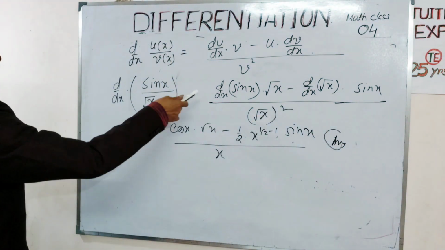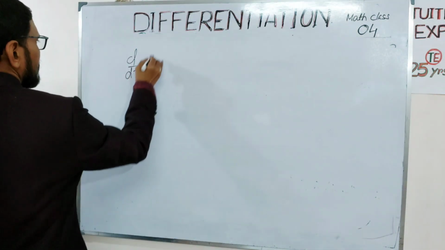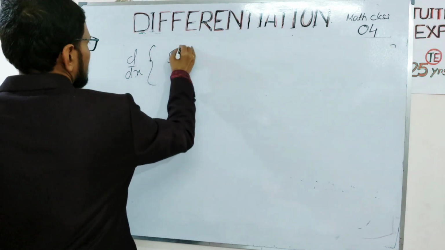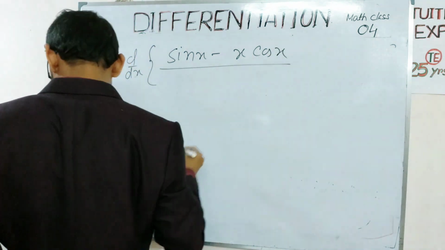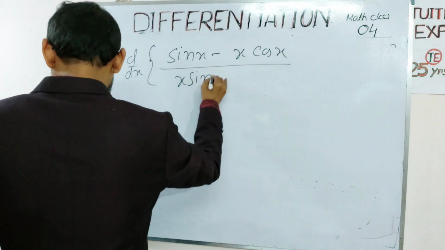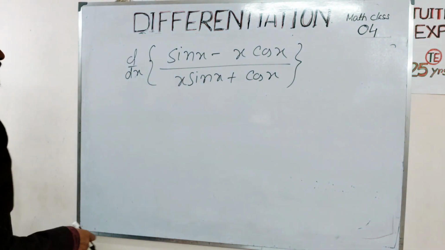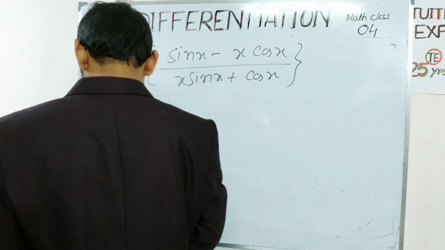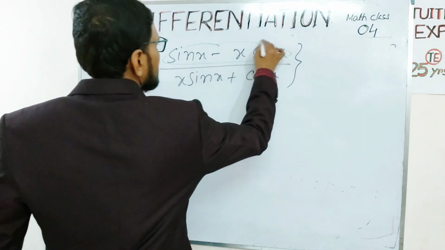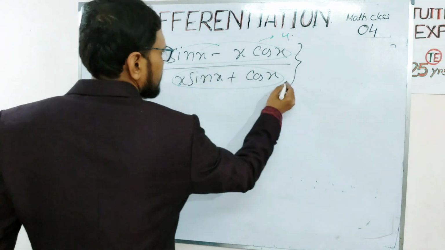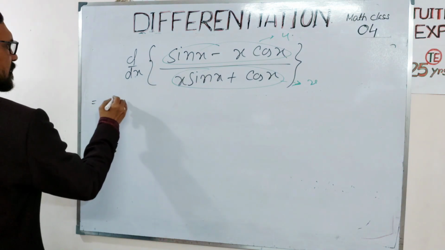So using the quotient rule we can use this formula. Now what is the derivative of this function? Sin x minus x cos x by x sin x plus cos x. What is the derivative of this function? So the whole term is u, this is u, and this term is v, u by v. So the formula becomes d by dx of